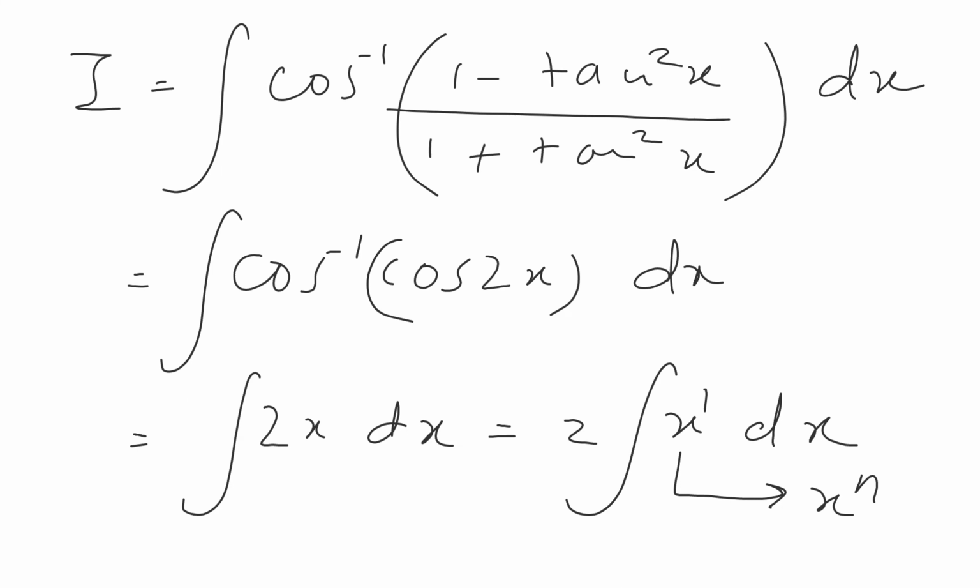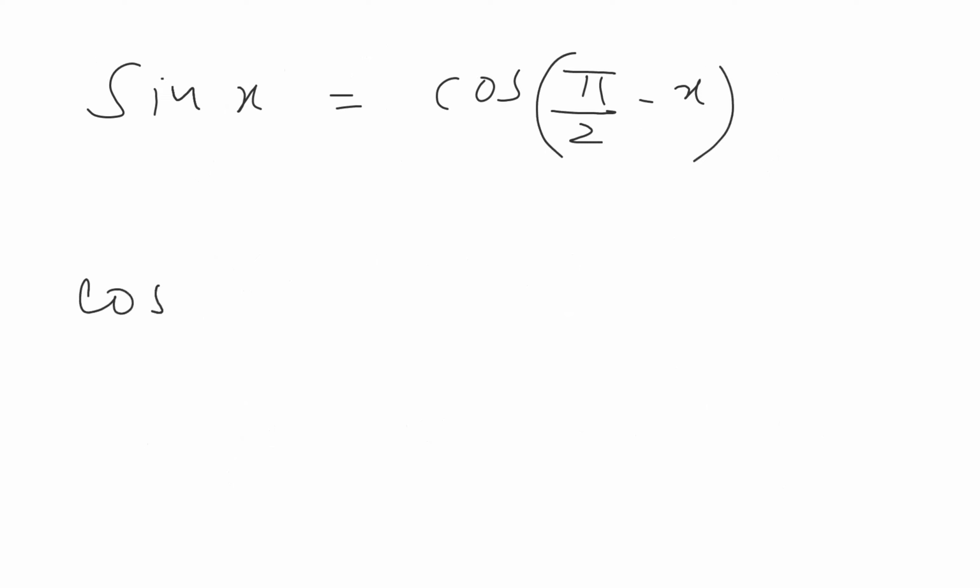Yes. So let us just proceed with the next problem. Now we also have seen this in trigonometric functions and at many other places. When I have sin x, this can be expressed in terms of cos. So sin x is equal to cos pi by 2 minus x, and cos x is equal to